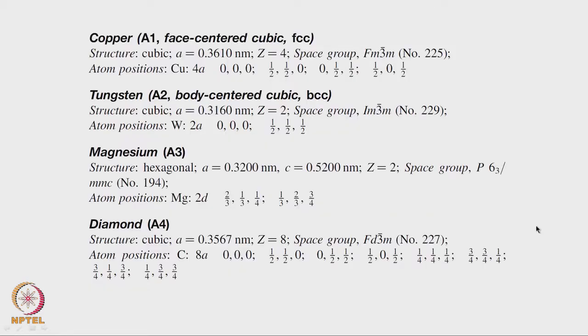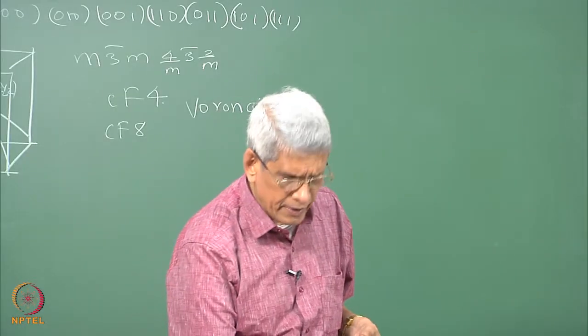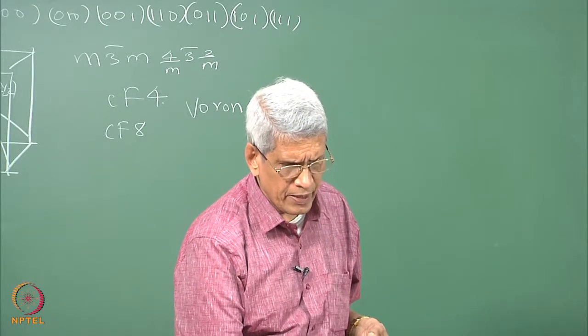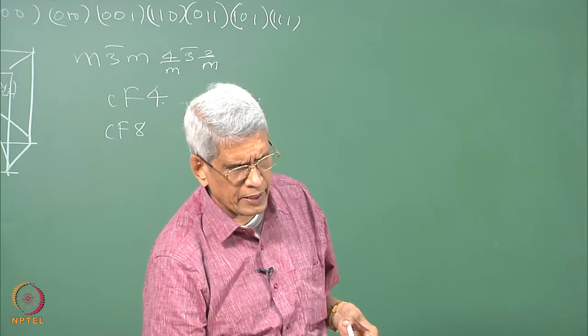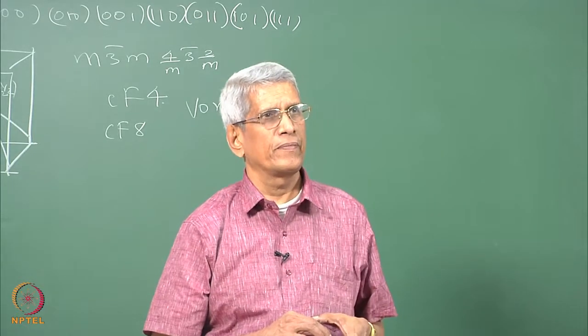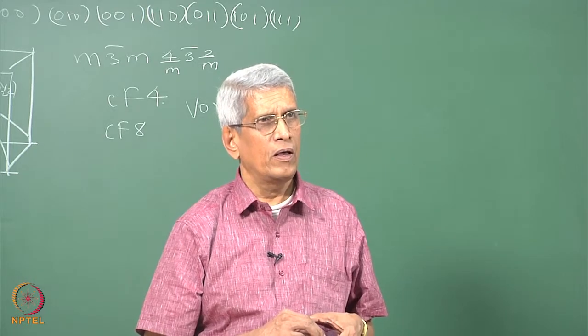Okay, I will just leave this. This I had already explained in the last class, how in that Pearson's data book they give all this information, correct? In the last class I mentioned the cubic structure, the lattice. In the FCC lattice, even the body center has m3̄m symmetry. Yes, the site symmetry of this position and this position remains identical. Why is it that no atom is occupying that position in the first place? Why is it an interstitial?